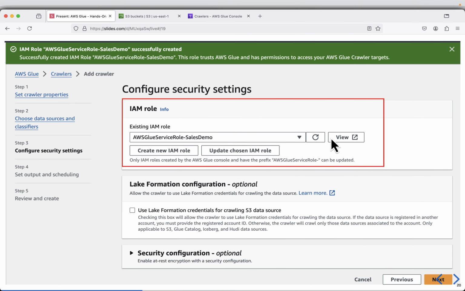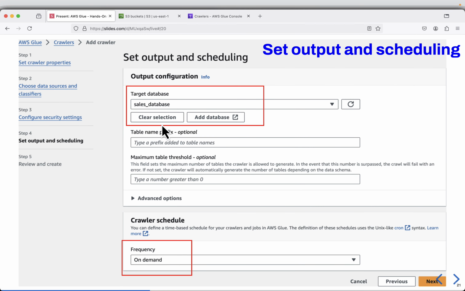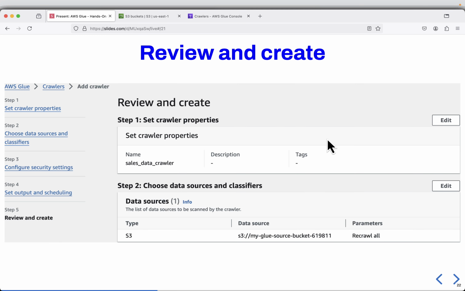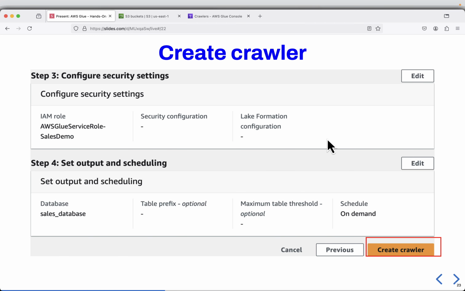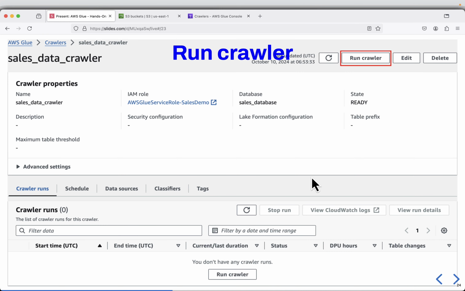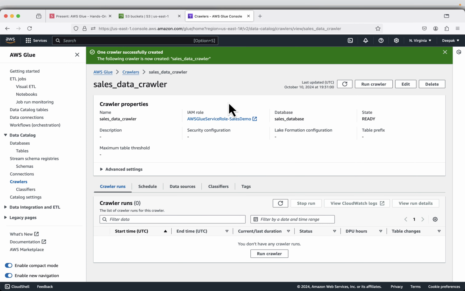So we have seen this. We have added a role, we have selected the target database, and review and create. After that, run the crawler. You will be taken to the default crawler which you have created,